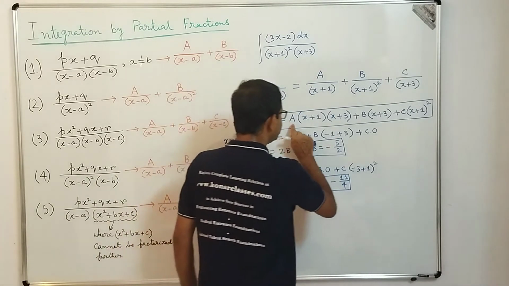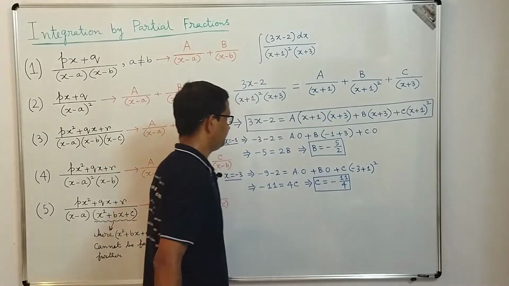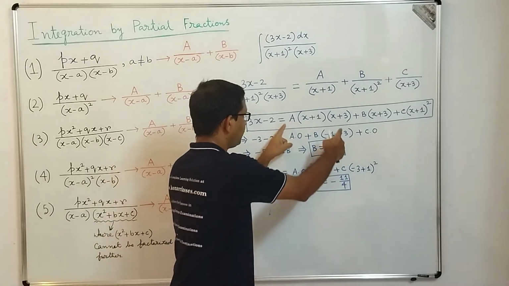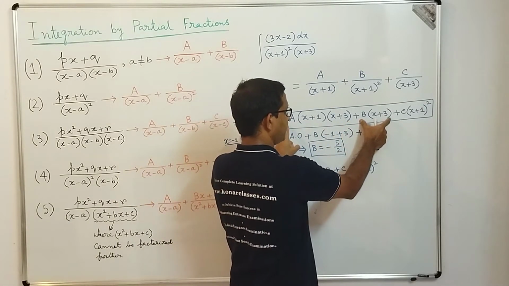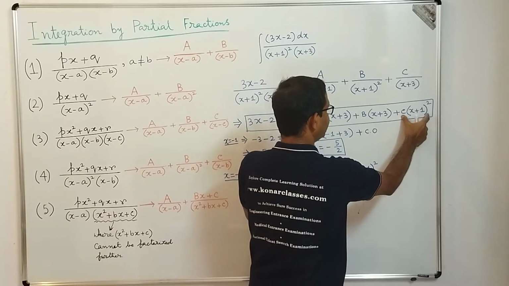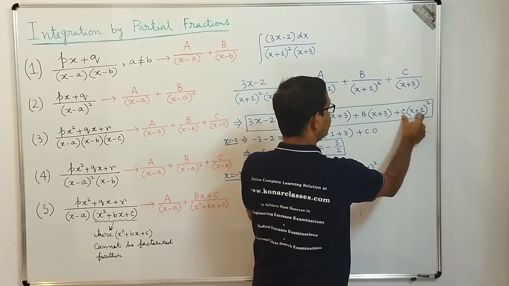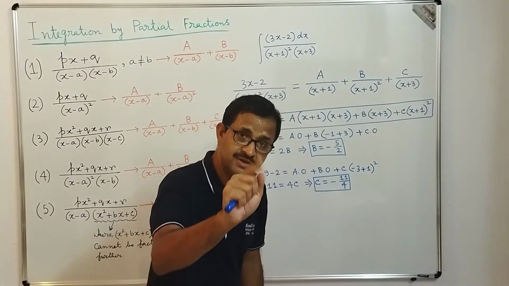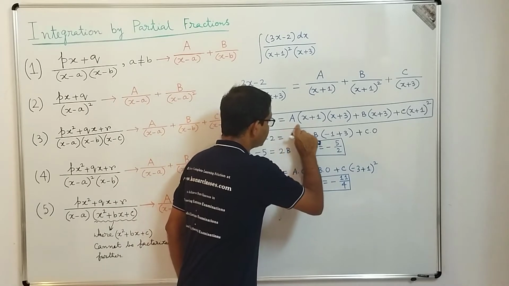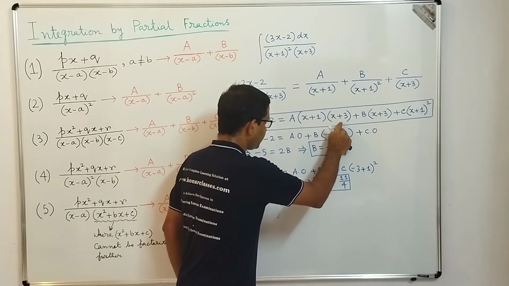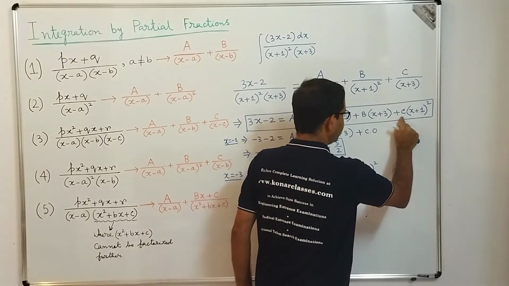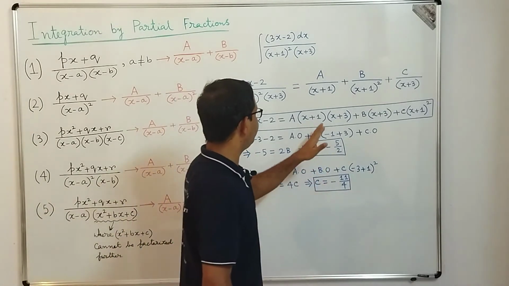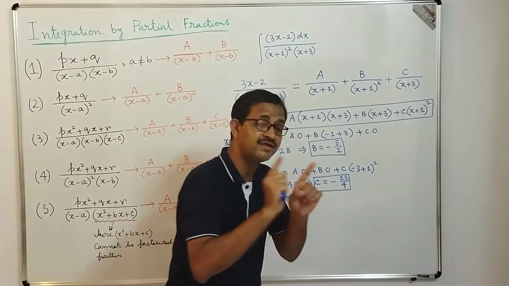So what is the coefficient of x square in the right hand side expression? You see a, x and x square. So a is the coefficient for this term. In this term there is no x square, so we can ignore it, and in this one we get x square plus 2x plus 1. That means the coefficient of x square in this expression is actually c. So, dear students, the coefficient of x square in this term is a, and in this term is c. So together the coefficient of x square in the right hand side is a plus c.